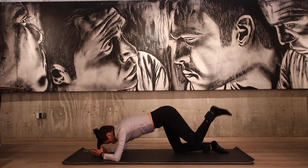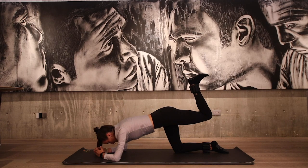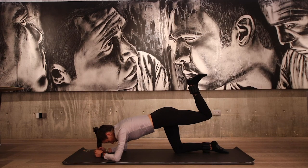And on this next one, you're going to hold tiny pulses again. Feel that heel reaching up towards the ceiling and slightly forward towards your head. Pulsing up here. Nice and steady, squeezing that hamstring and butt together for 8, 7, 6, 5, 4, 3, 2,